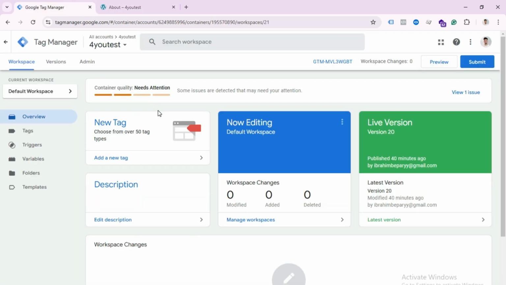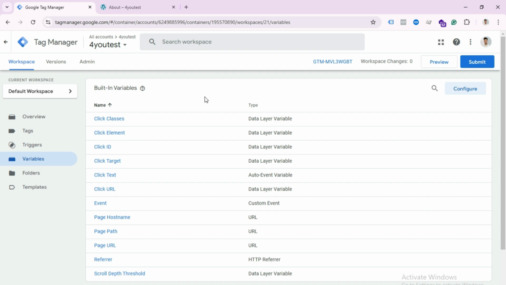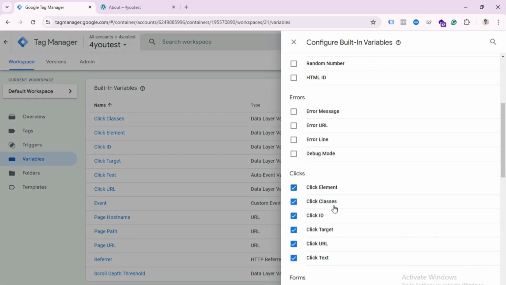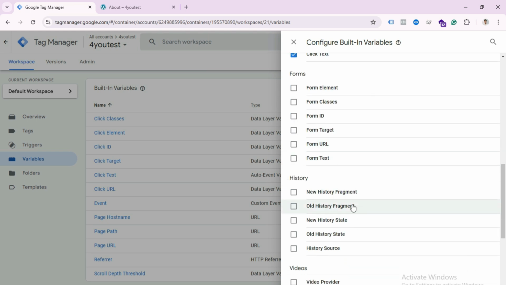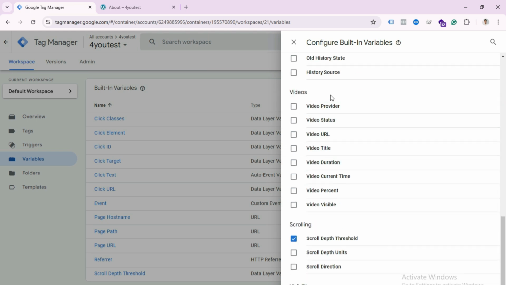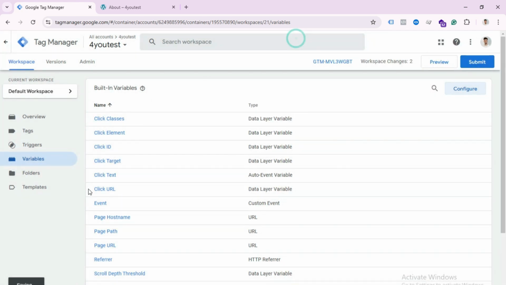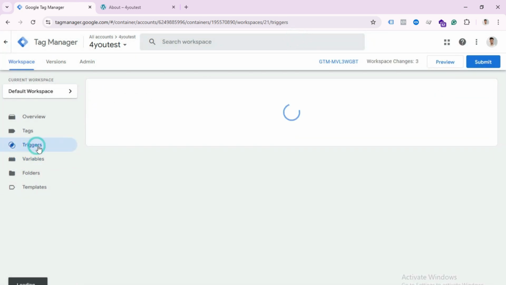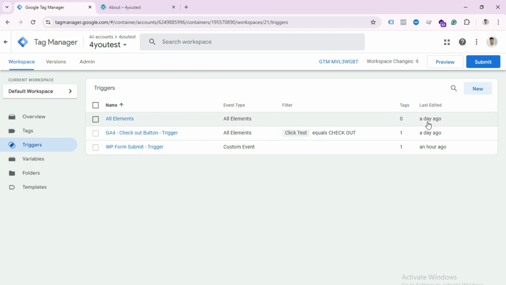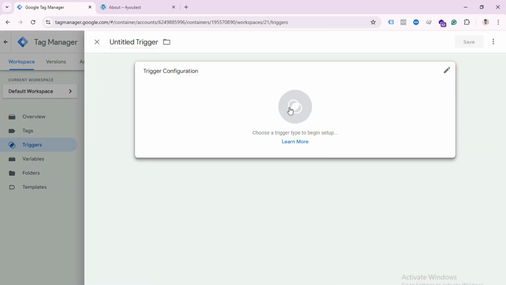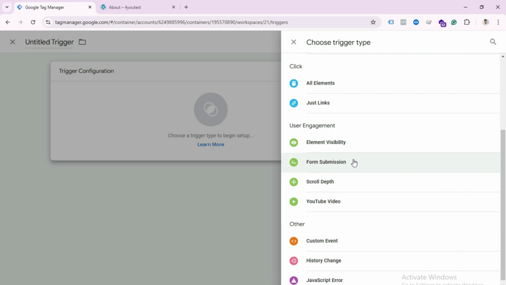So first you open your Google Tag Manager account, then click variables, then select built-in variables. Here configuration, you can find here video option. If you scroll down a little bit, here is videos, you have to just enable all these options, then close this, and now go to triggers, then select new triggers, press on trigger configuration, and here you can find